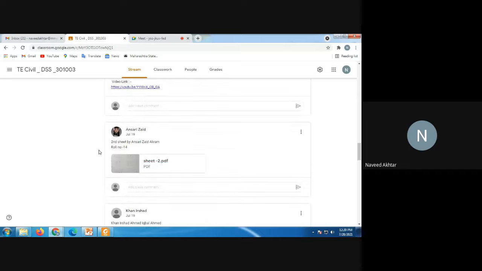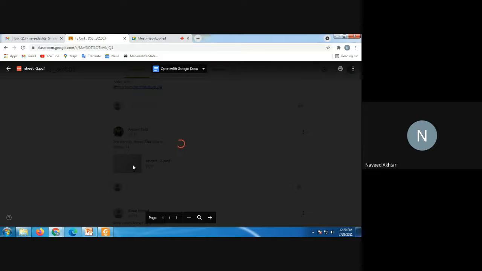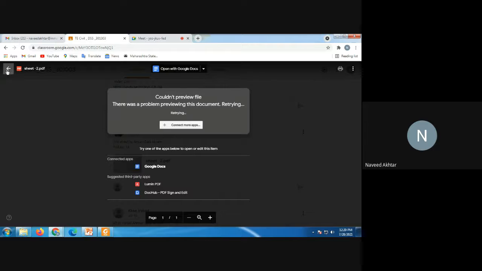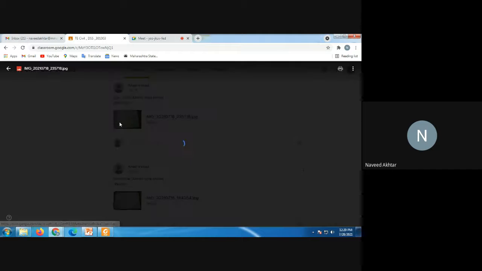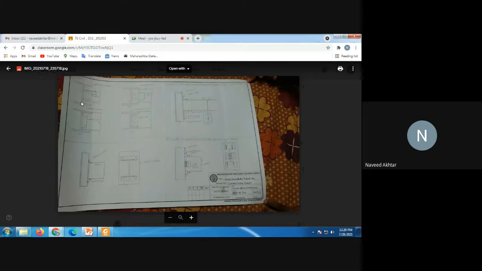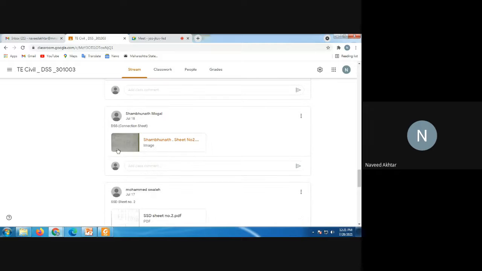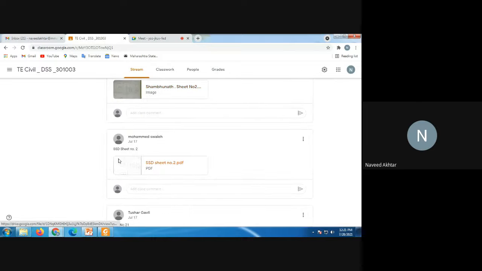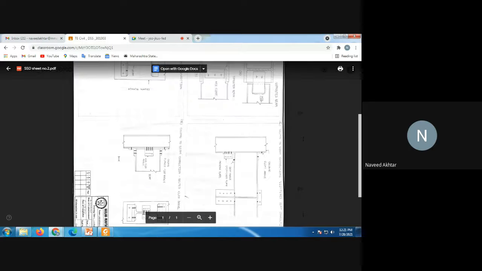So Ansari Zaid has sheet number 2. So now the students are very good, and Khan Irshad has also prepared. Very good. Number 1 and 2, very good. Sambulat Mogan. And Muhammad Saleh has also prepared sheet number 2, but it is not